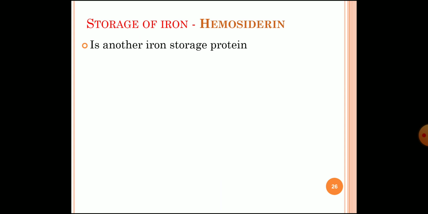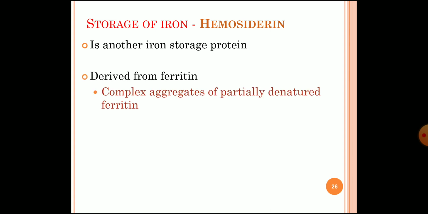Another form of storage of iron is the hemosiderin. It is again an iron storage protein, derived from ferritin. So it is a partially denatured ferritin, a complex aggregate of partially denatured ferritin. When the ferritin is partially denatured, it forms the hemosiderin, and when there is iron overload, hemosiderin pigments will be